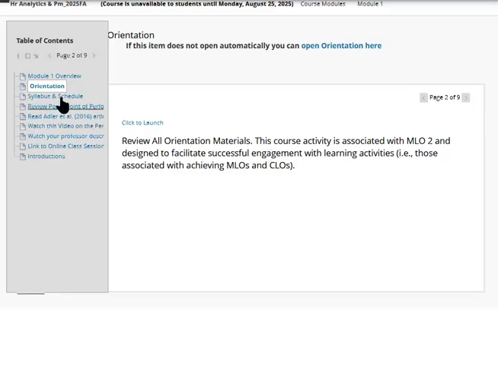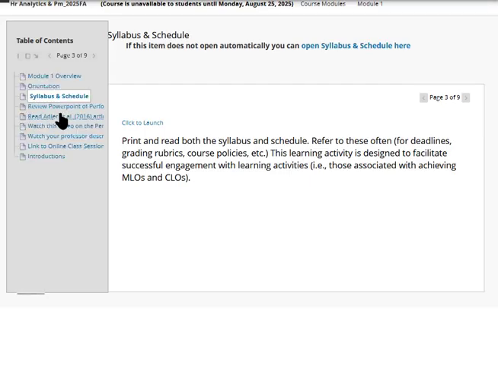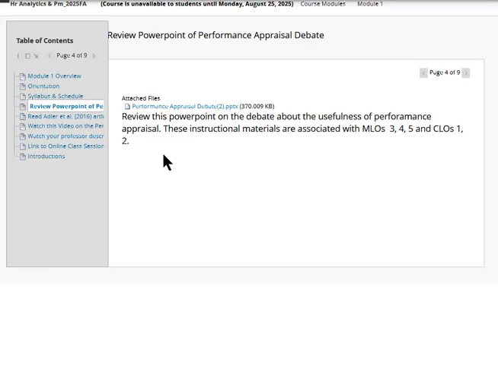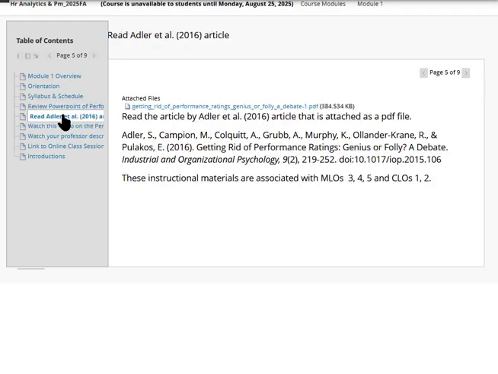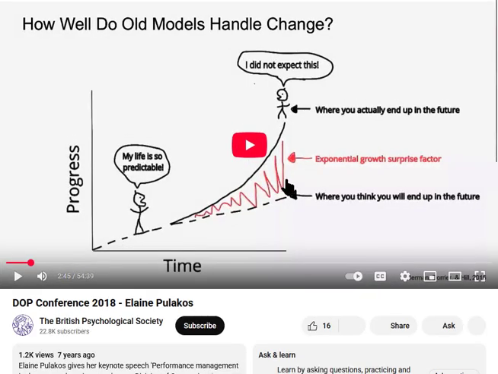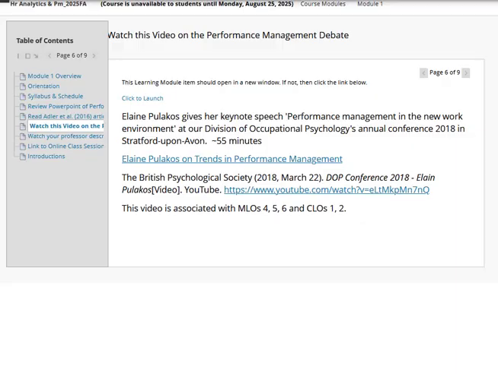I'm pointing you to the orientation section, to the syllabus and schedule. And typically I'll have some different learning materials. Sometimes they might be PowerPoints. Here we've got the assigned reading for the week, which is a PDF file. And then we have a video of the author of our assigned reading for this week. In doing this, this should help you to experience the readings in different ways, through video, through different audio-visual types